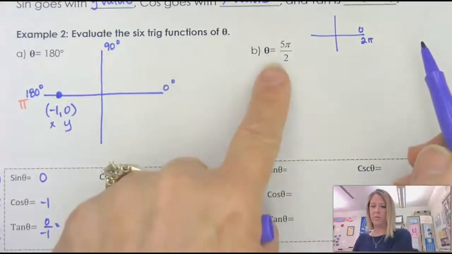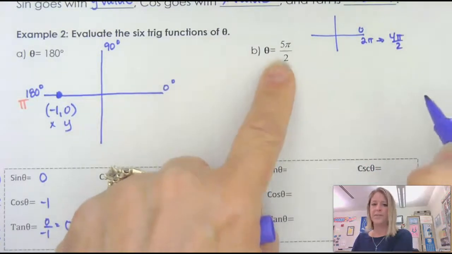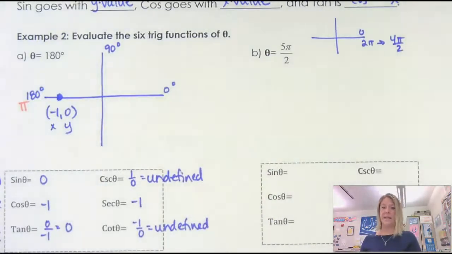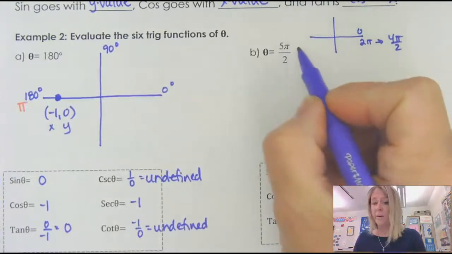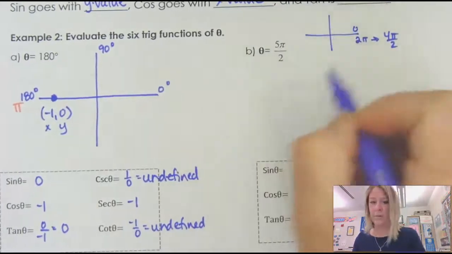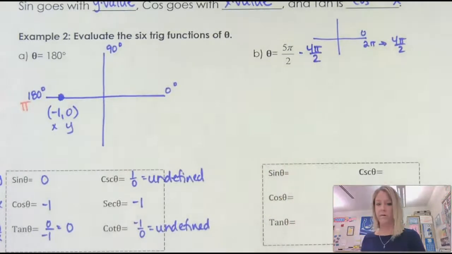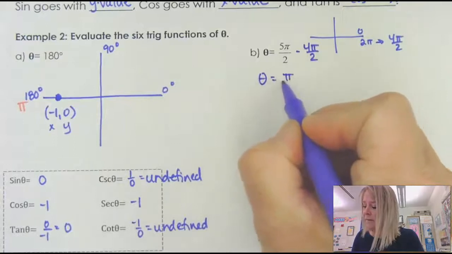If I change that to over 2, that's really 4 pi over 2. So this is actually bigger than a full circle. So I need to take a circle off of that. This is where I find a reference angle so I can work within a full circle. So if I subtract 2 pi, or 4 pi over 2,